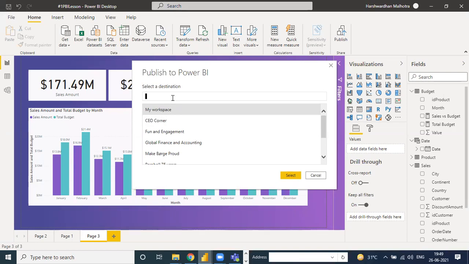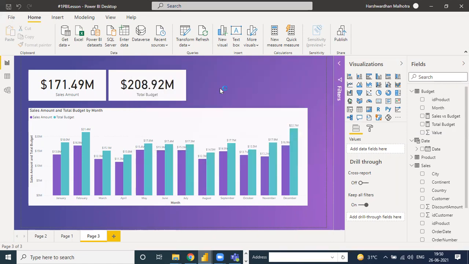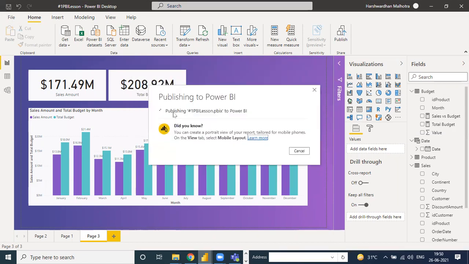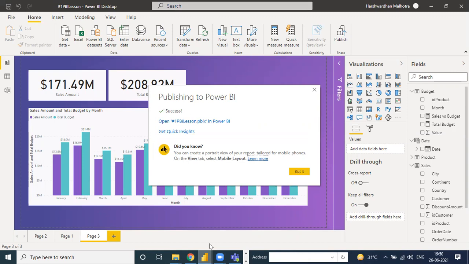First of all you log in with your credentials, like login ID and password, into Power BI, and then choose according to your workplace where you want to publish your data. Like I want to choose my workspace and select. See, it's showing me that Power BI is publishing and it's a success.